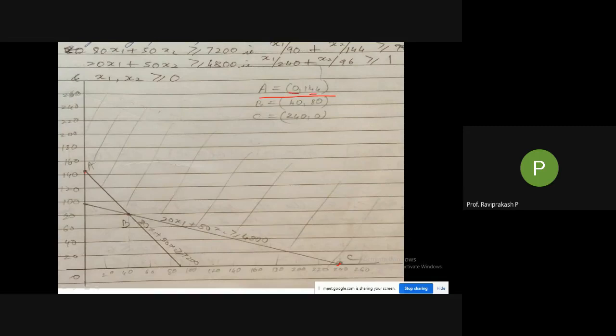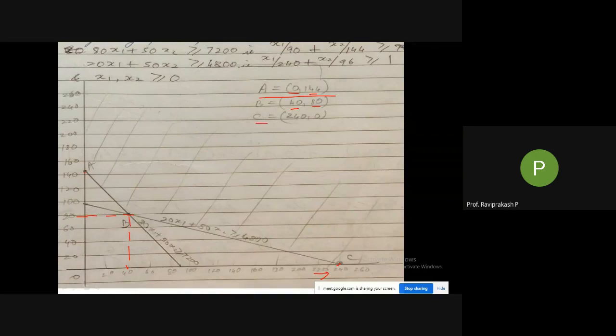Second one, B. B is where? Here. So again, draw a straight line down like this, and a horizontal line here will give me the horizontal one. So how far is x? x is at 40, so it will be 40 here. Then how much is y? y is at 80, so it will be 40 comma 80. Next comes C. So where is C? C is here. So how much is it? 240 comma 0. Why? Here it is 240 towards the x-axis, and in height I am not having anything. So 240 comma 0 is my point C.